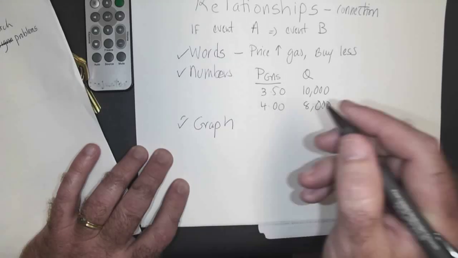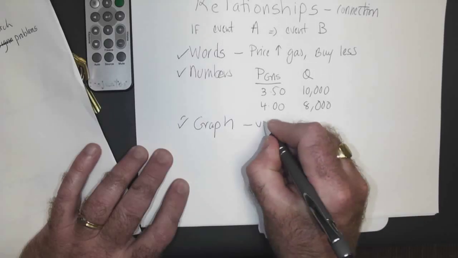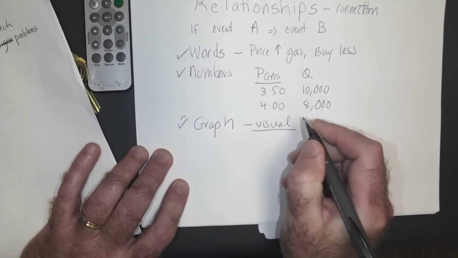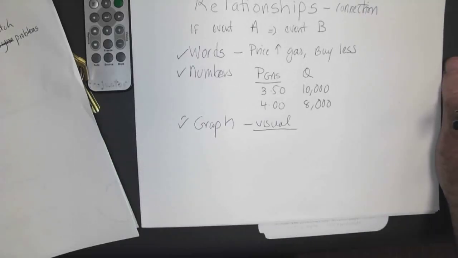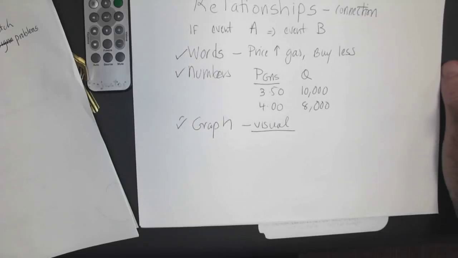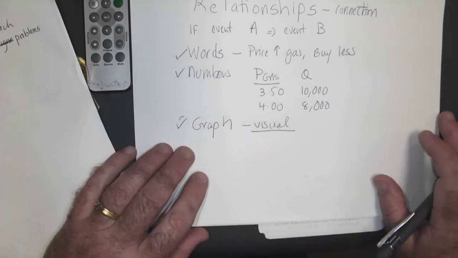All right? And a graph is simply what? It's just a visual way to explain something, right? A picture, what's the expression? A picture is worth 1,000 words, right? So quite often, as we're going to see, a picture, a cartoon, even a movie clip can tell us stuff. So graphing is important. Graphing is simply going to allow us to interpret a connection between two things.